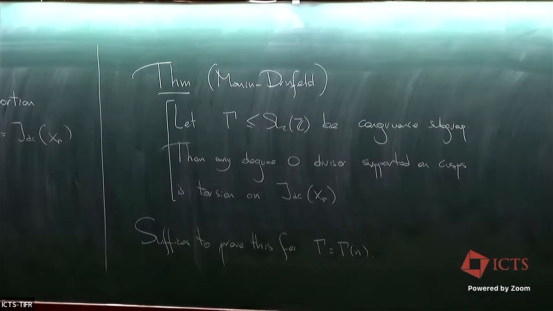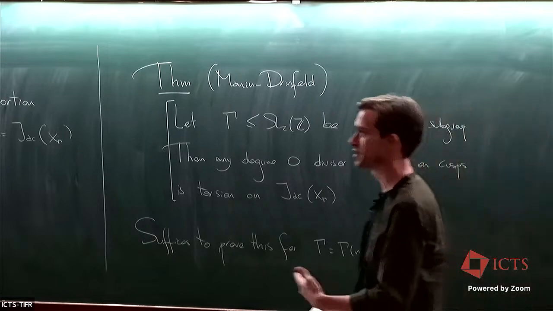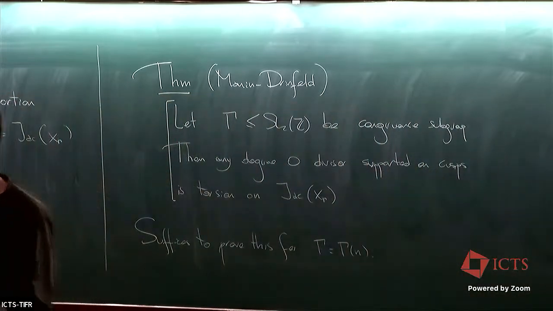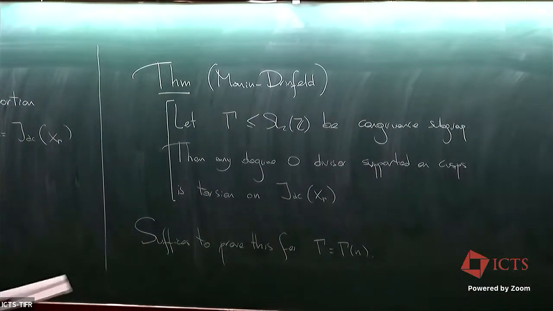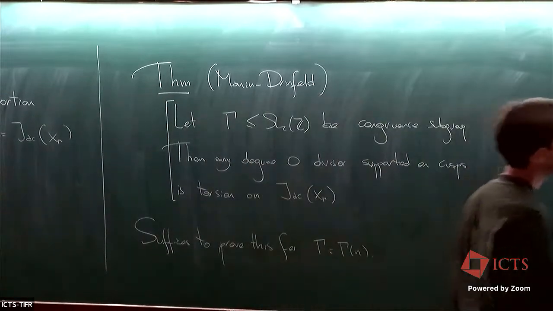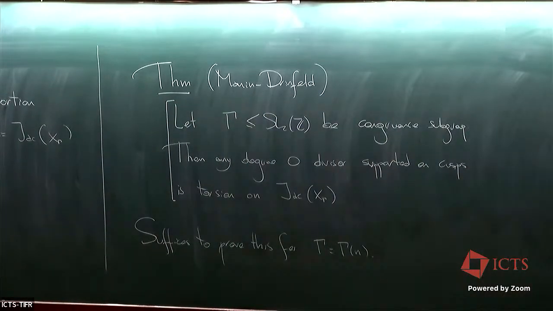Now, how do we get our hands on these? We want to have some sort of expression. How do we express that a divisor is supported at the cusps? How do we think of these divisors? How do we really get our hands on it? It's all about finding the right description of the Jacobian, really. And so here the transcendental description is the most convenient. So